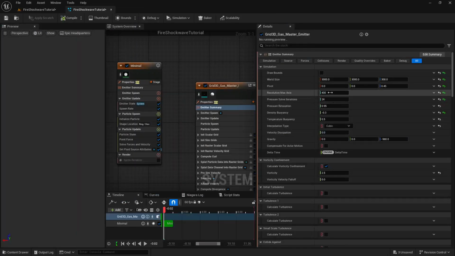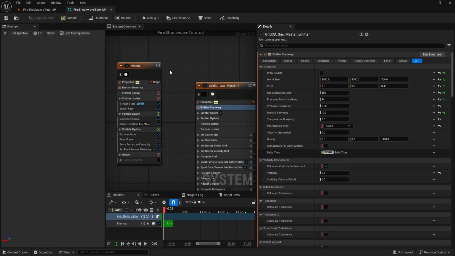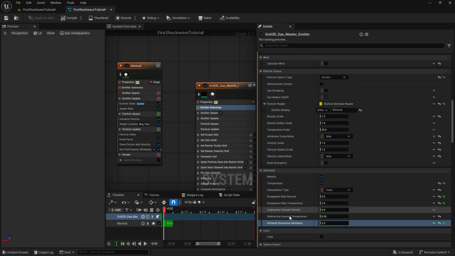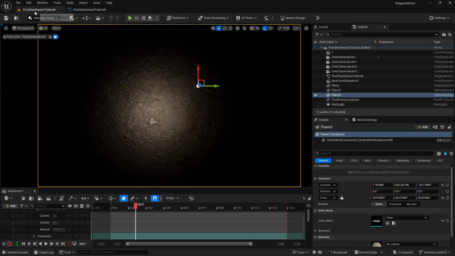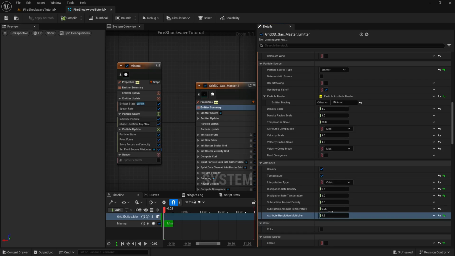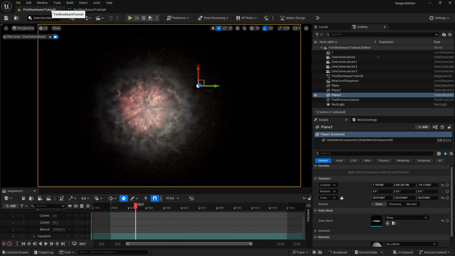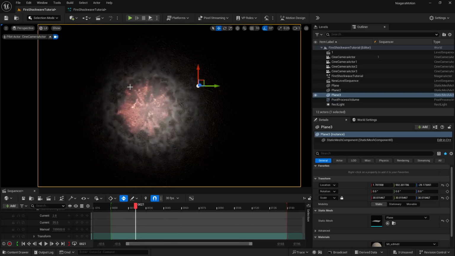So let's do maybe 350 here, and now you can see we are only seeing this smoke. So let's reduce our resolution here, from 2 to maybe 1.3. Let's see, it's not working that great. Let's just do 1 here. So it's totally in beta stage, guys. You need to play with the values here in order to get the result, and now you can see the result again. So you need to totally play with the values.